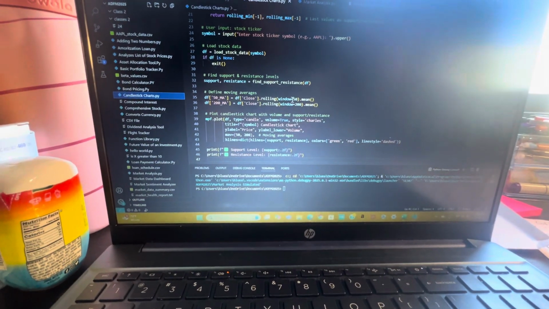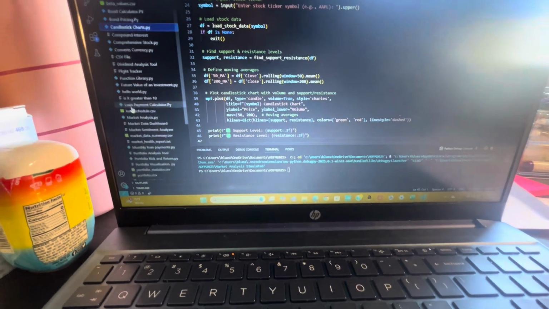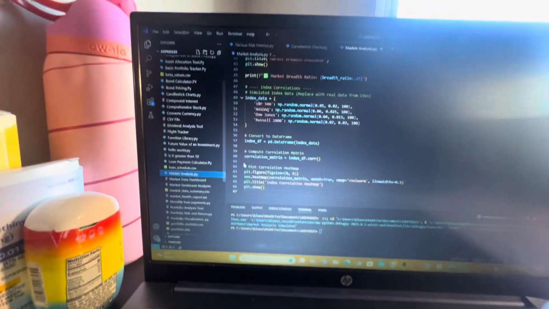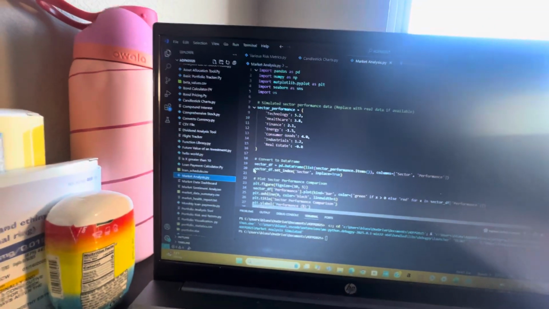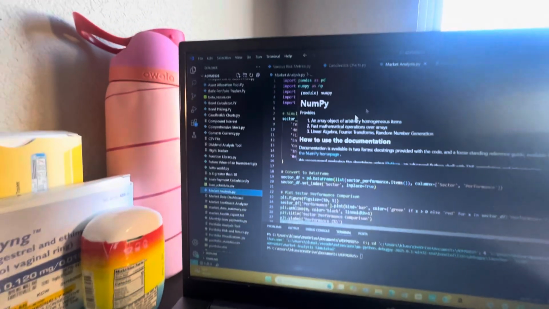Now we're going to be on to the last one, which was the one optional one, the market analysis visualization. Again, I do apologize for how shaky this phone is. So we're starting the code and we're downloading those required packages. Then, because I